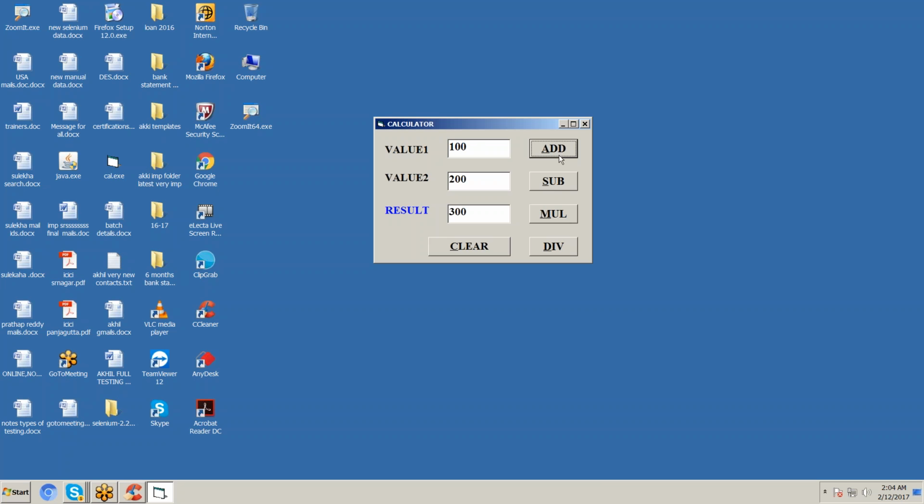I tested not only a single set of values, I tested with different sets of values. First I took 10 and 20, it worked, and the second time I took 100 and 200, it worked. So now we can say our testing is more than enough, no need to test. We will say one endpoint, that is called acceptance criteria.